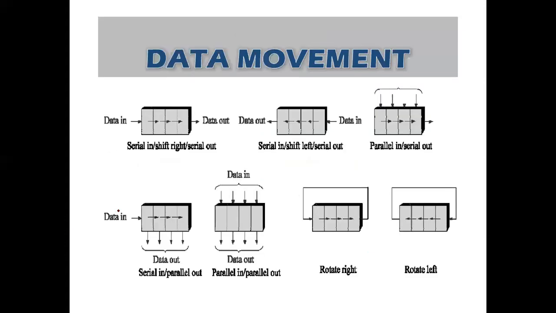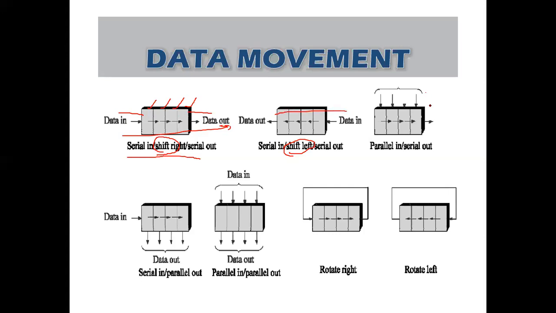So what all can I do in the shift register? I can do serial in, serial out. How many flip-flops are there? Four flip-flops, 1, 2, 3, 4. So I can store 4 bits here. Data is moving in serially and coming out serially. This is left to right, and this is called shift right, moving rightwards. Here I am moving leftwards, so it is shift left. I am moving in this direction.